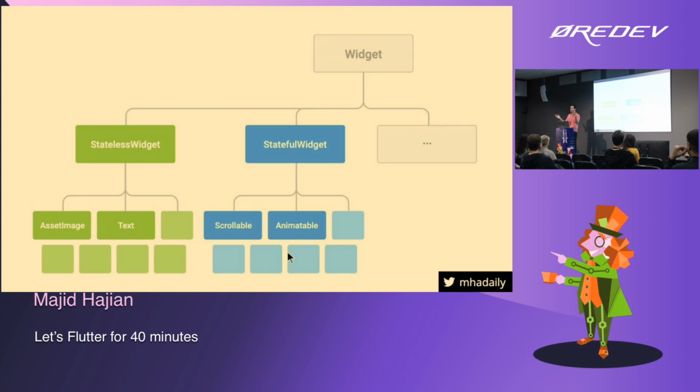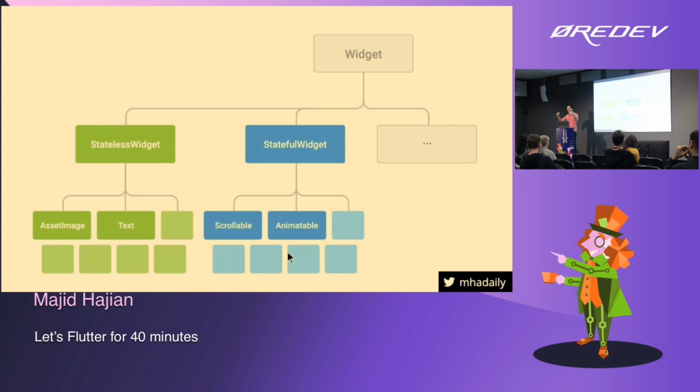With these small widgets, you're technically doing what you do in front end, if you do React or any other front-end framework: you're building a widget tree, or a component tree, or DOM tree, or whatever you want to call it. In Flutter, you do the exact same thing. You build a widget tree. You have a root on the top, that's your application, and the widgets start from there.